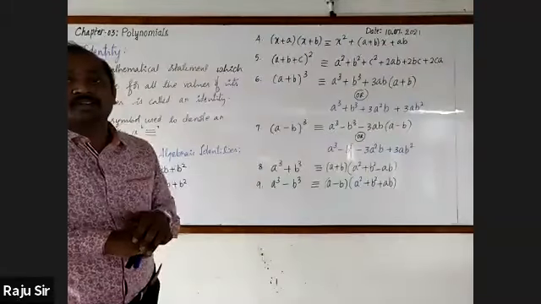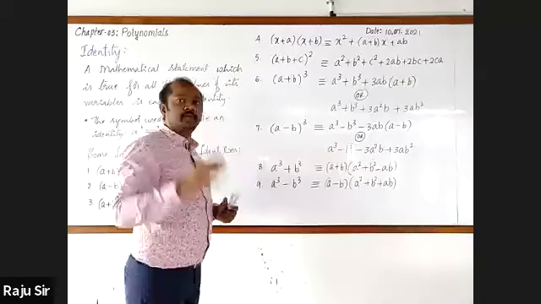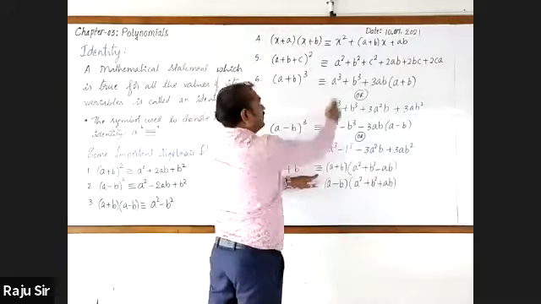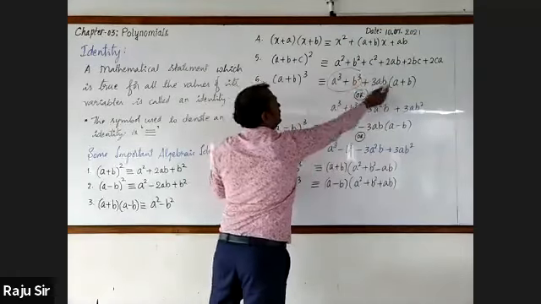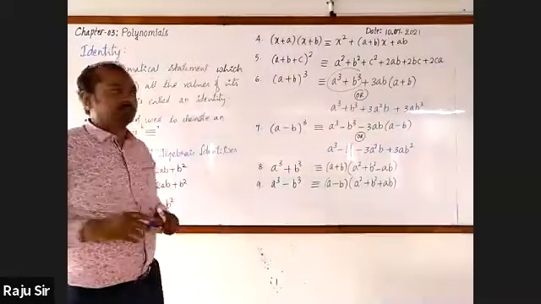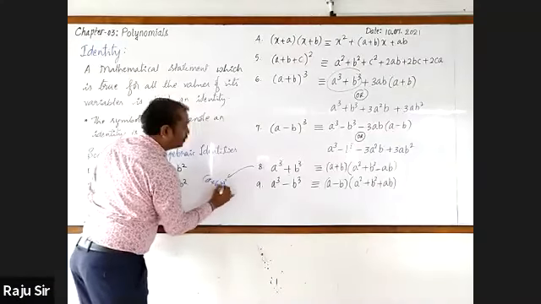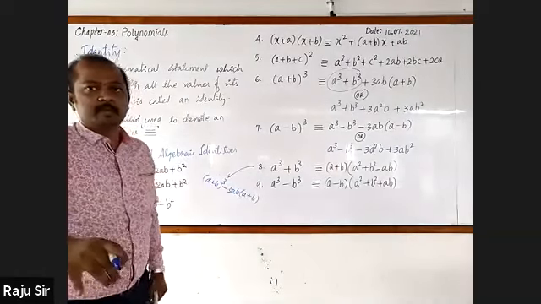A plus B. Exactly right. Very good. Wait, I'll give chance to Rachit also. Just I'm going to repeat. Jaknur said A cube plus B cube can also be written as A plus B whole cube, take this term, minus 3AB into A plus B. Followed? A cube plus B cube is A plus B whole cube minus 3AB into A plus B. Rachit, is there any other way?